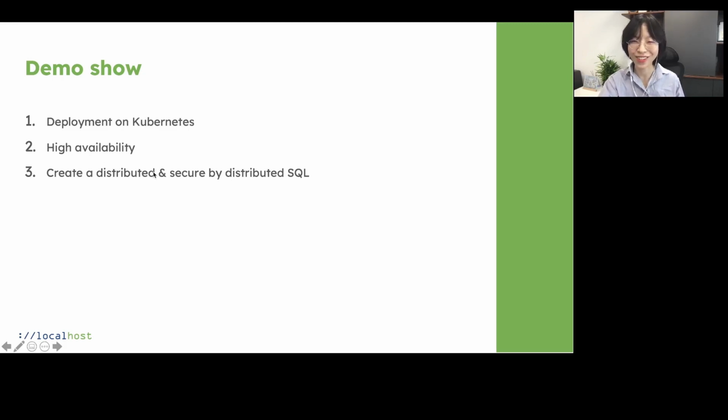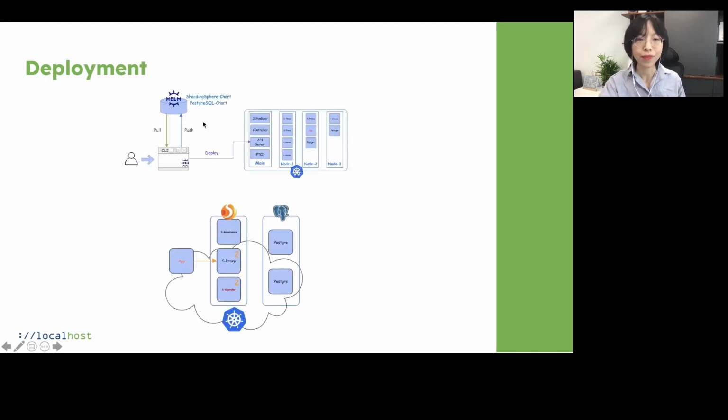How to answer the question about our topic. The first one: ShardingSphere provides ShardingSphere charts on the Helm repo. So administrators or end users can just use the Helm commands on the CLI client to pull these charts and deploy this distributed system on Kubernetes. You can see in this case, by using the ShardingSphere charts, it can help you to create this computing